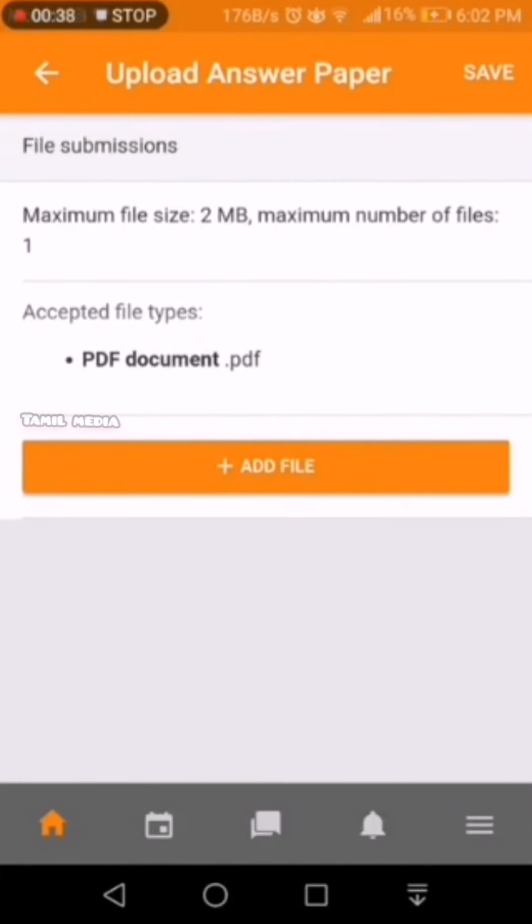Here you are given a few instructions: your file shouldn't exceed 2 megabytes at maximum, the maximum number of files you can upload is only one, and the format should always be PDF. So basically you can only upload one PDF document as your answer paper. Now click on add file.